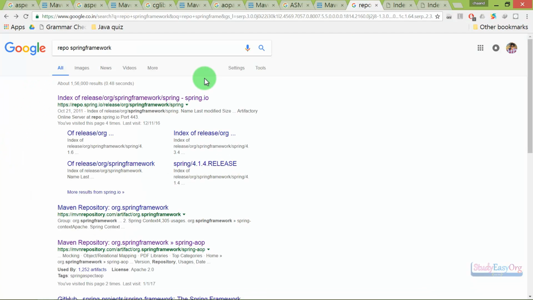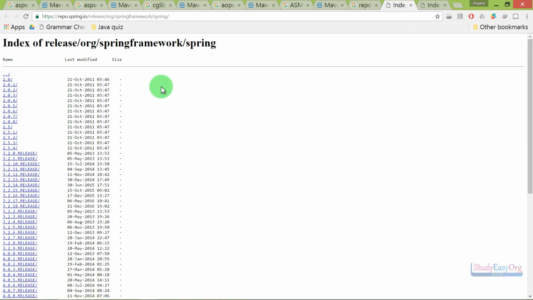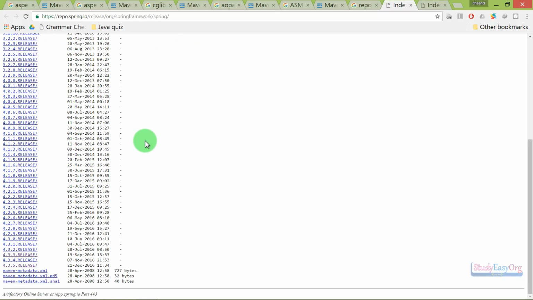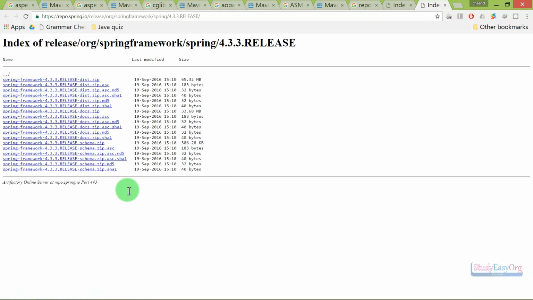First of all, let us navigate to Google Chrome, and in here, if we Google for repo Spring framework, then definitely the first search result would be repo.spring.io, and if we click on this link, it will open up all the releases which are available currently. The version which we were using is version 4.3.3. So click on this particular link, and this link will open this particular page and we can download the zip